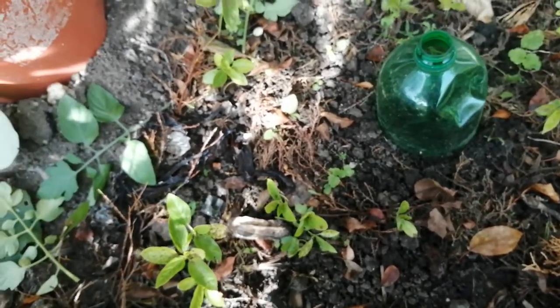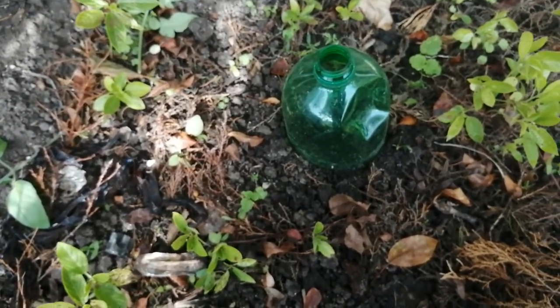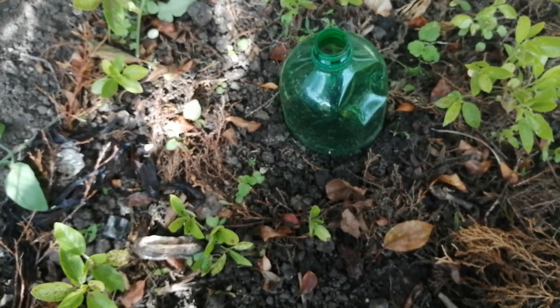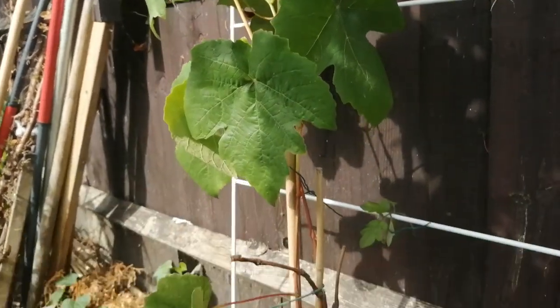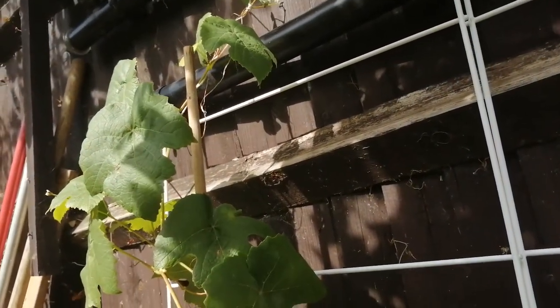But so far, I'm pretty happy with this. It's the first time doing it. I've seen some evidence of snails over here, but they're not doing too much damage, which is a good thing. If I take you along here, we've got a grapevine which I have connected to a string, which will eventually join up,